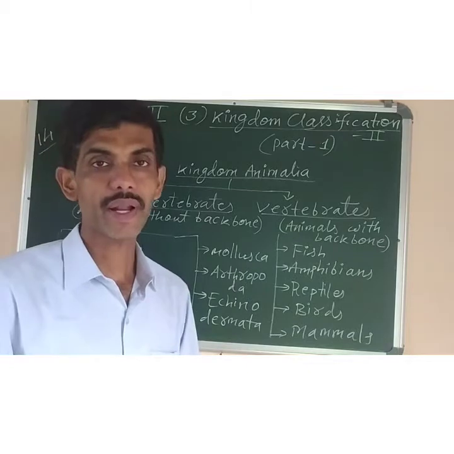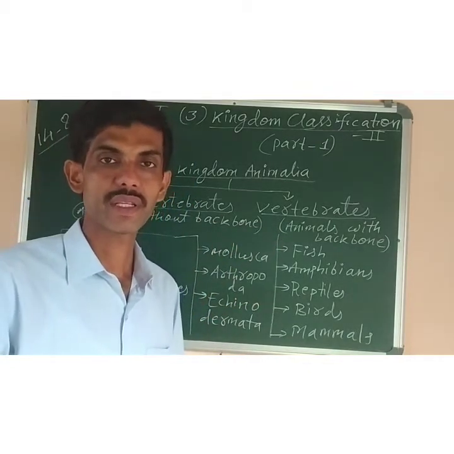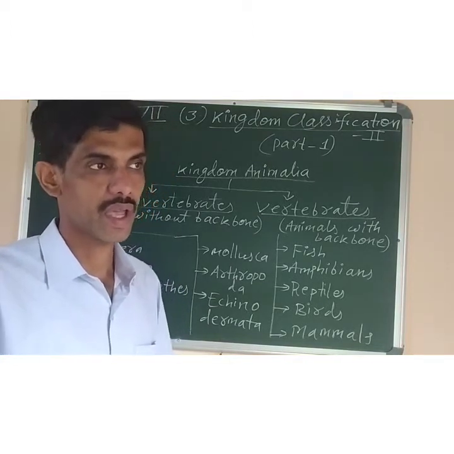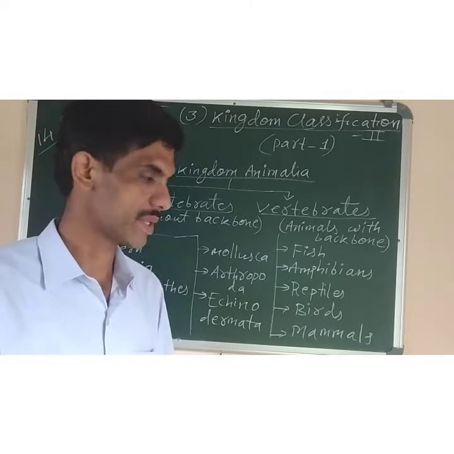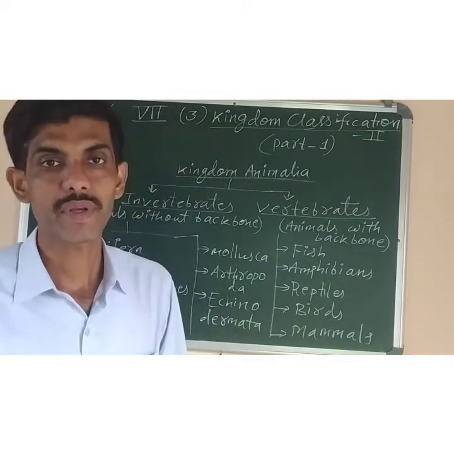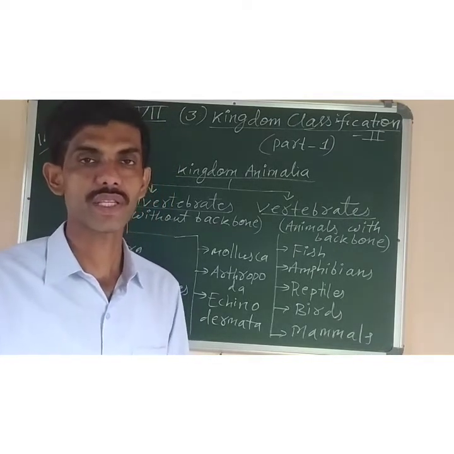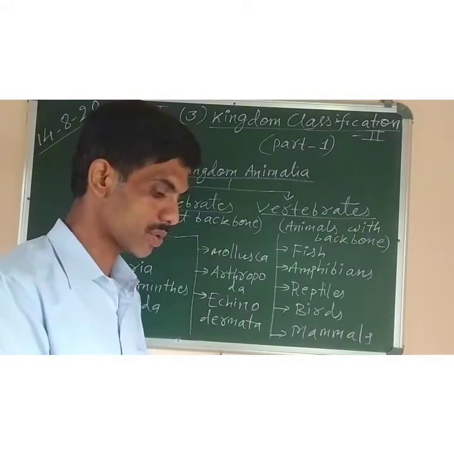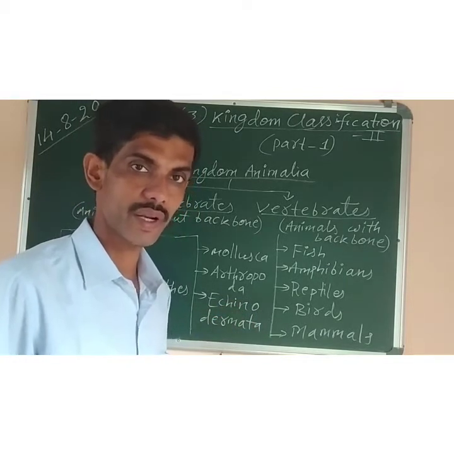Warm and cold-blooded means that in these 3 groups of animals, their body temperature keeps changing with the change in the temperature of the surroundings. According to the outside temperature, they will also adjust their body temperature. Whereas birds and mammals are called warm-blooded animals, meaning the animals whose body temperature remains constant and does not change with changes in the temperature of the surroundings. So as homework you can write this in your copy, the classification of Kingdom Animalia.